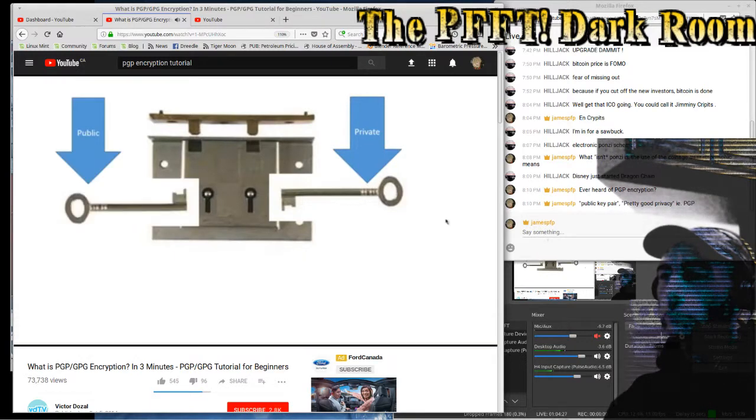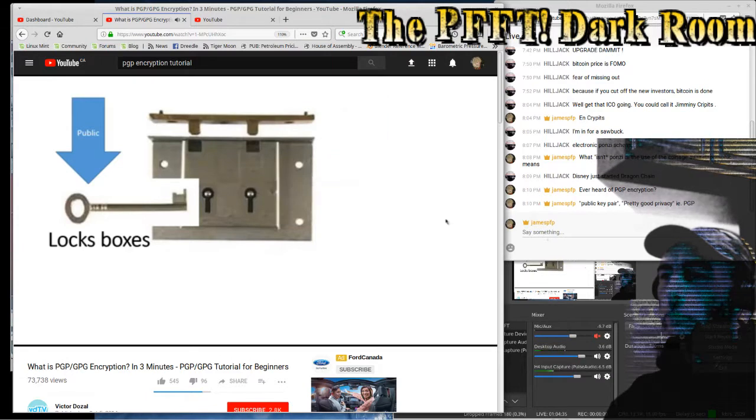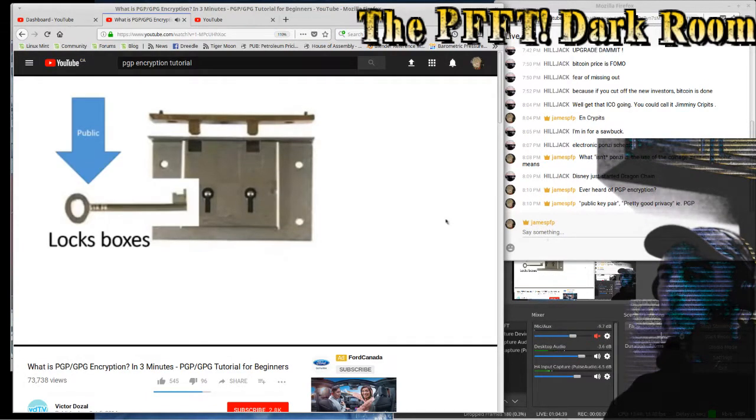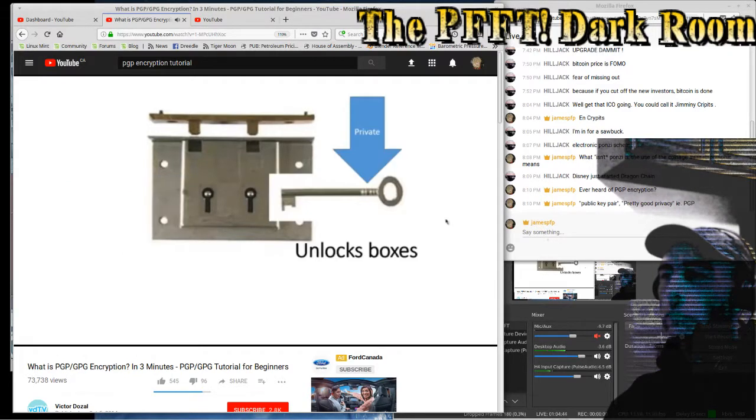Now here's how you use PGP. If you want to send a message with the picture of your naked cat, you would tell your friend to get a box with two locks and keys, a public key and the private key. In order for this to work, your friend would have to send you the public key and the box. The private key would stay with your friend. This is the most important part of PGP.